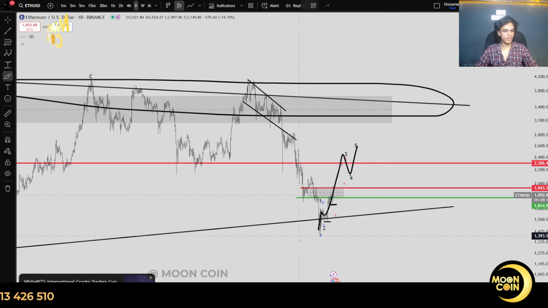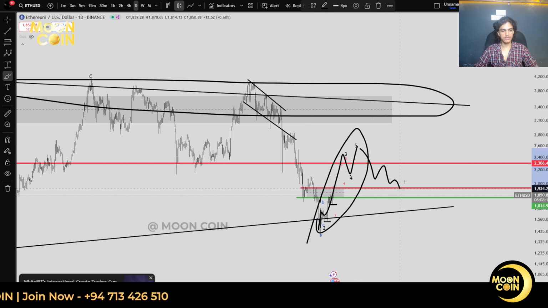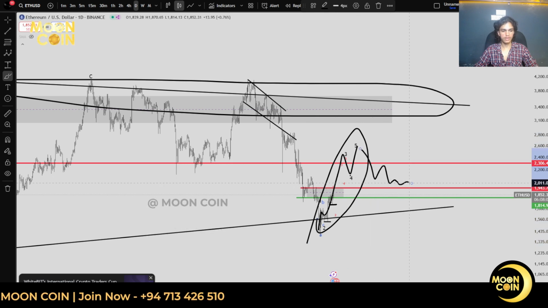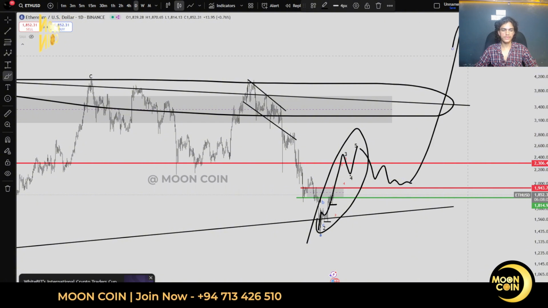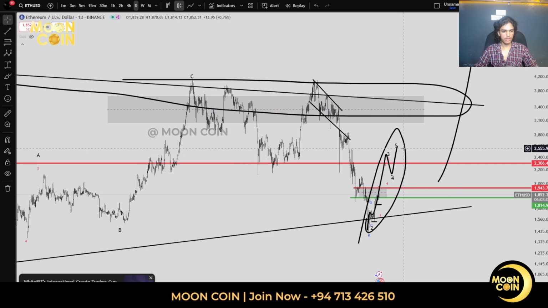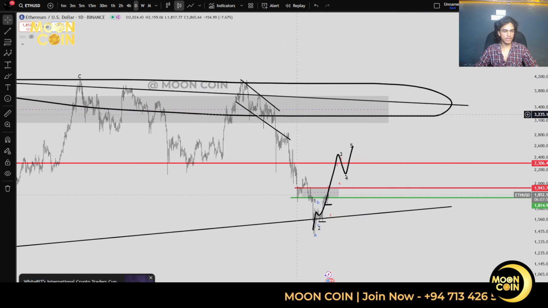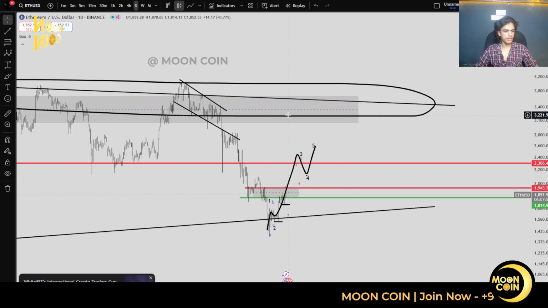then in the retest we can DCA all these coins. Then we can go for a very big gain. This is the bullish scenario for the market. And one indication for that is if you go for the moving average,